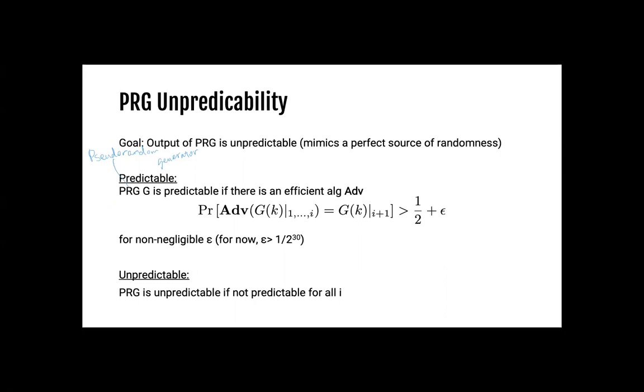Because here, when we say this, it means that at a particular time this pseudo-random generator is going to generate a bit. So this is the i+1 bit. It has only two possible values because it's a bit. It's going to be either 0 or 1. And this is saying that if you know the previous bits, from the first bit to the ith bit, and you want to predict the i+1th bit, and there exists an efficient algorithm,